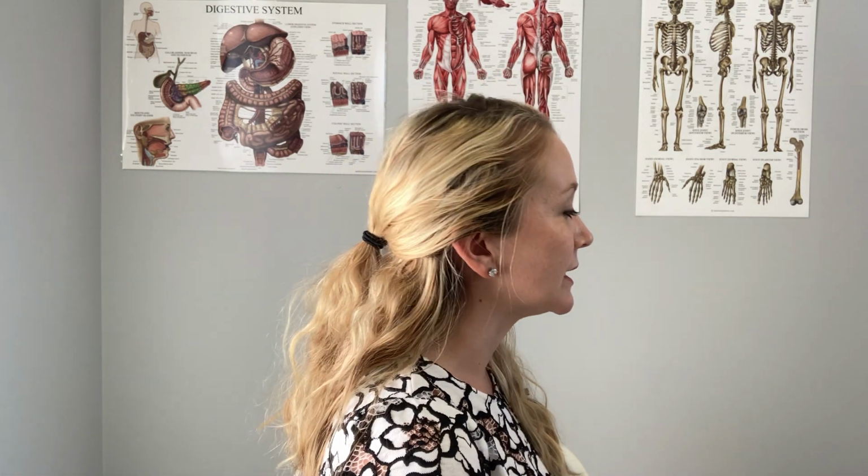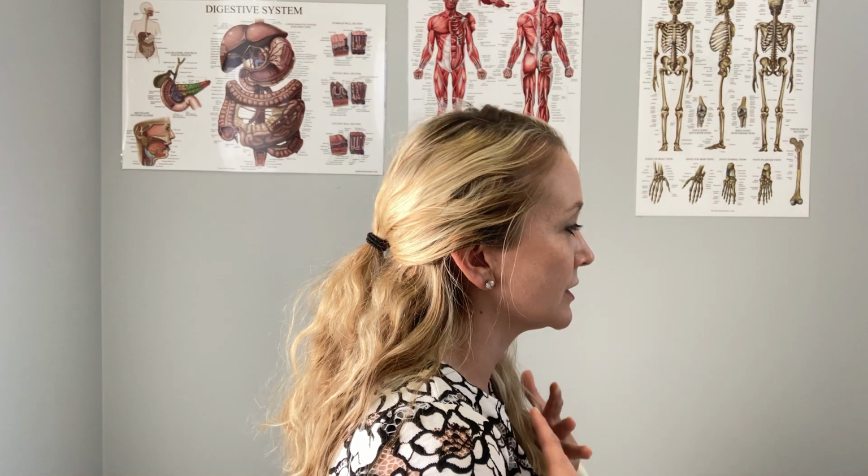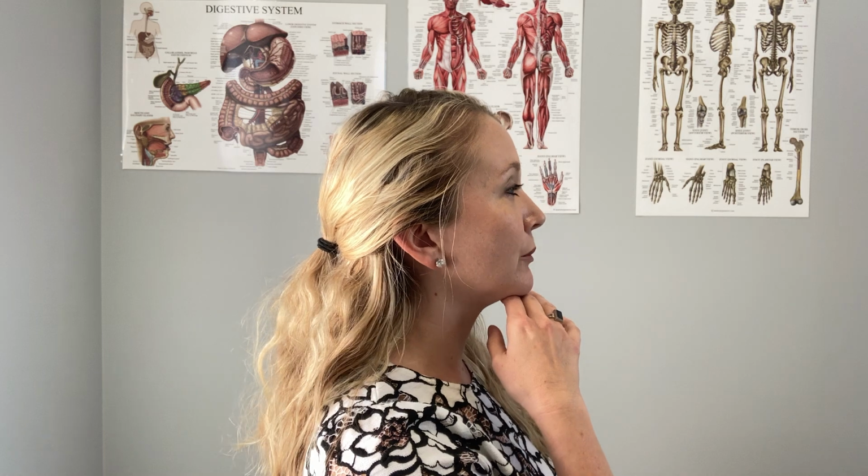So certainly a lot of times, and I'm going to turn to the side to show you, we tend to have a forward head position and a rounded shoulder position. So again, just be mindful to bring the shoulders back and down, and bring the head up a little bit so that you're not looking down at, say, a cell phone or a computer. Keeping that in mind, while in this position, I want to educate you to something called diaphragmatic breathing,